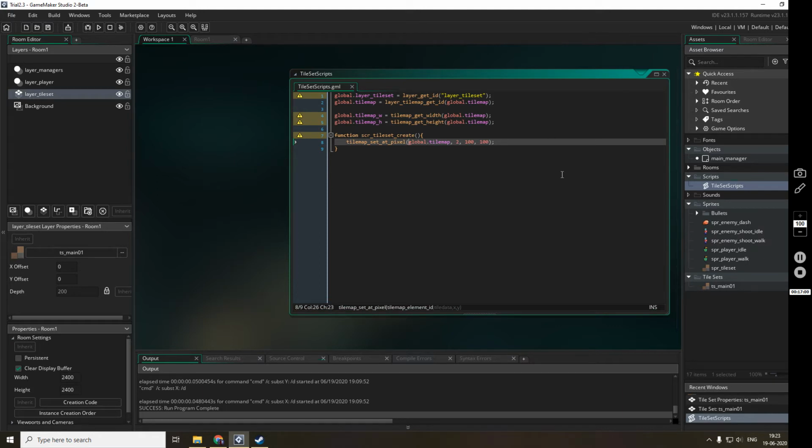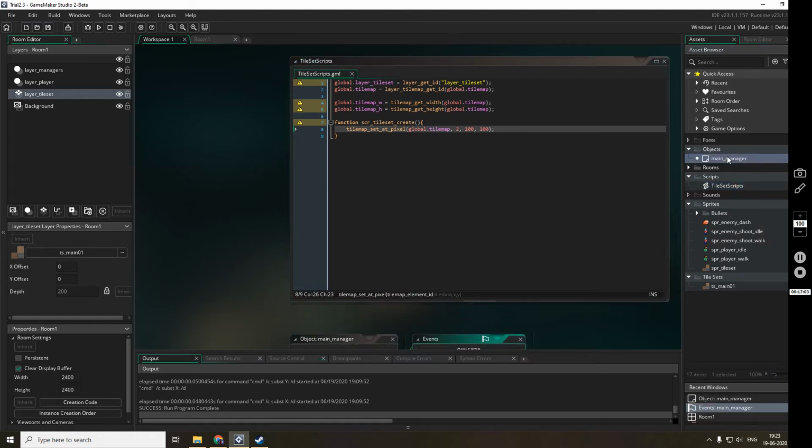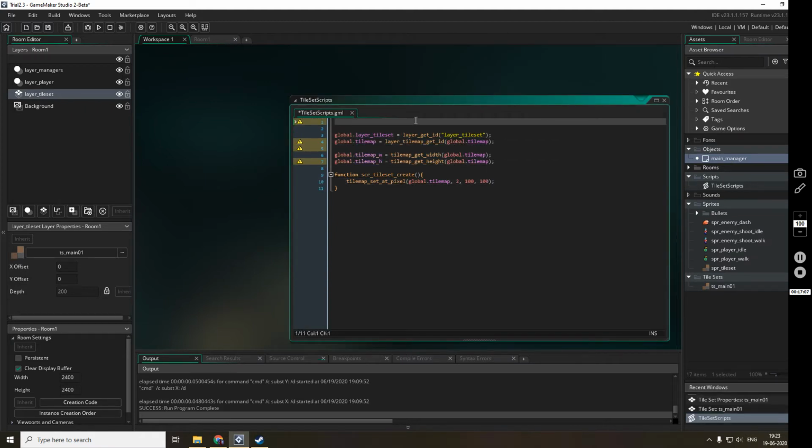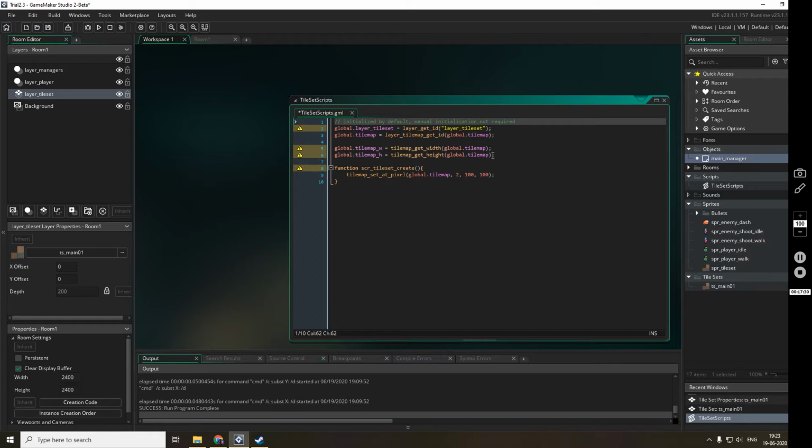Yes, so now we'll see. Now these things will be initialized. Manual initialization is not required for these things, but this is your function.